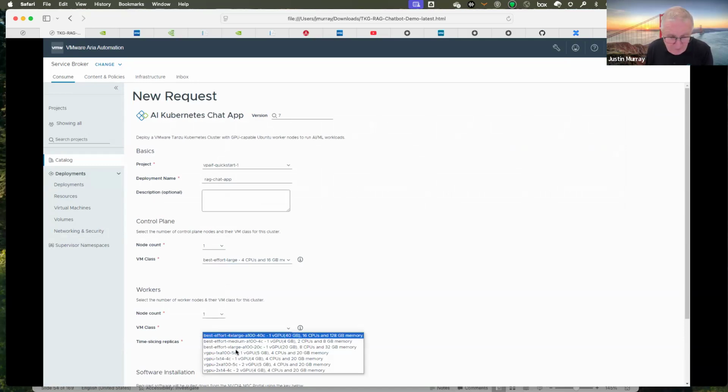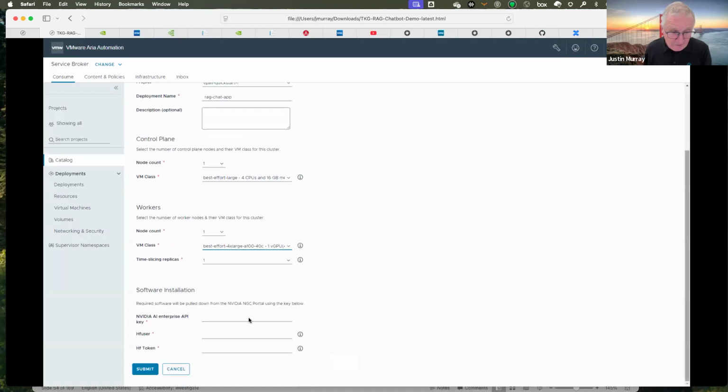And we'll choose the simplest possible Kubernetes cluster that has just one VM in it. And we'll choose, as you can see here from the various VM classes that have been set up, some of them have only got 4 gigabytes in them or 5 gigabytes. These are sharing virtual GPU profiles. These are the ability to use just a part of a GPU, whereas A140C is using all of a GPU that I'm using here. I supply some keys here. These are customizations to have it go out to Hugging Face to get the model. But in one page, I've specified what VM class I want and what kind of RAG application I want.